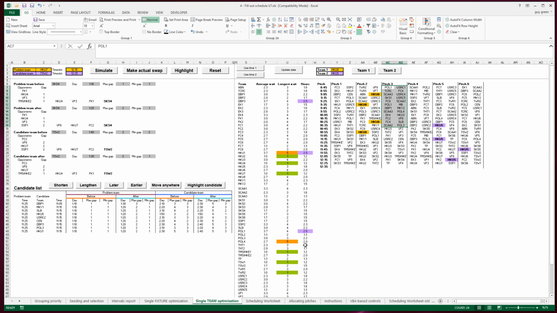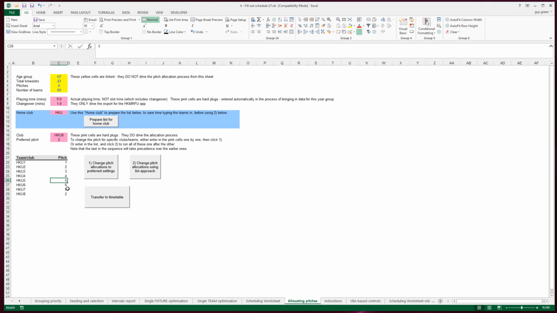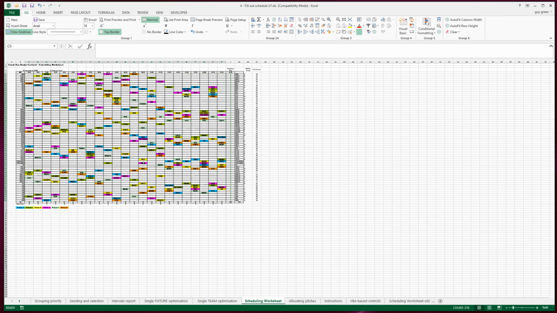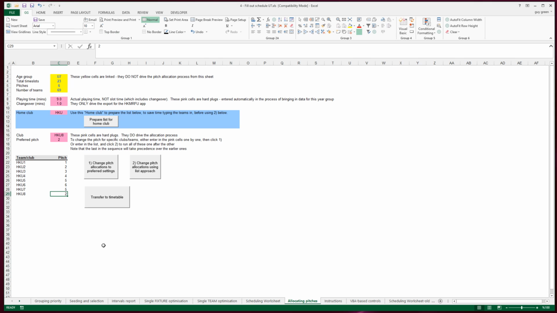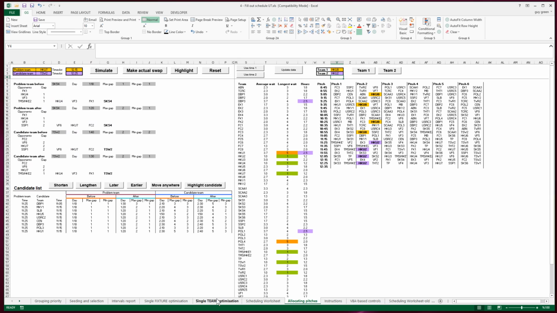You'd probably want to make sure that, so actually if we look back at some of the conflicts here, like Sandy Bay 8 and Sandy Bay 2, that's quite a helpful way of doing things. We've got an early and a late batch there. If we look at our other conflict of 5 and 5, HKU5 and HKU7,